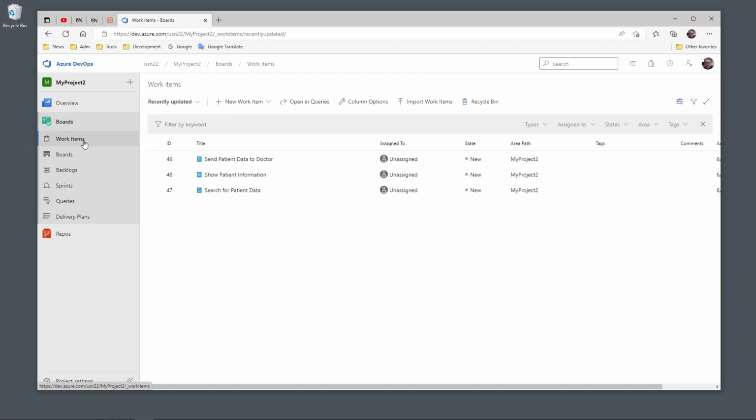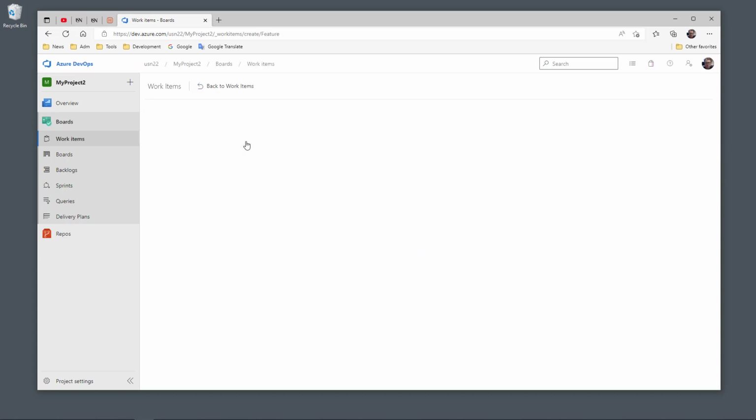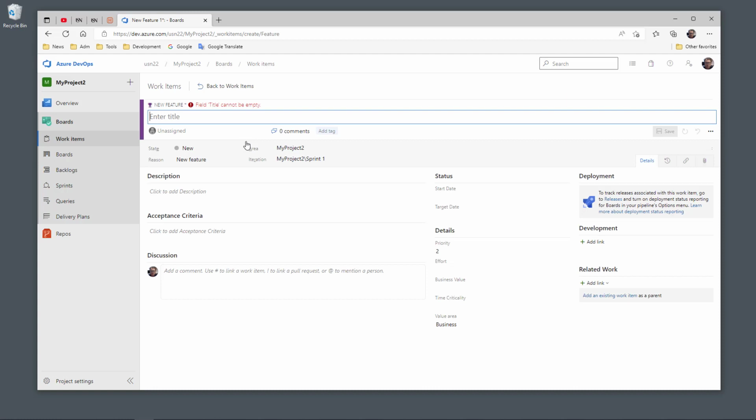So I select work items here, and then you will have a list of all your work items in your project. So far we have created 3 product backlog items, which is just one type of work item. But now let's create some features which we can use to group the product backlog items into